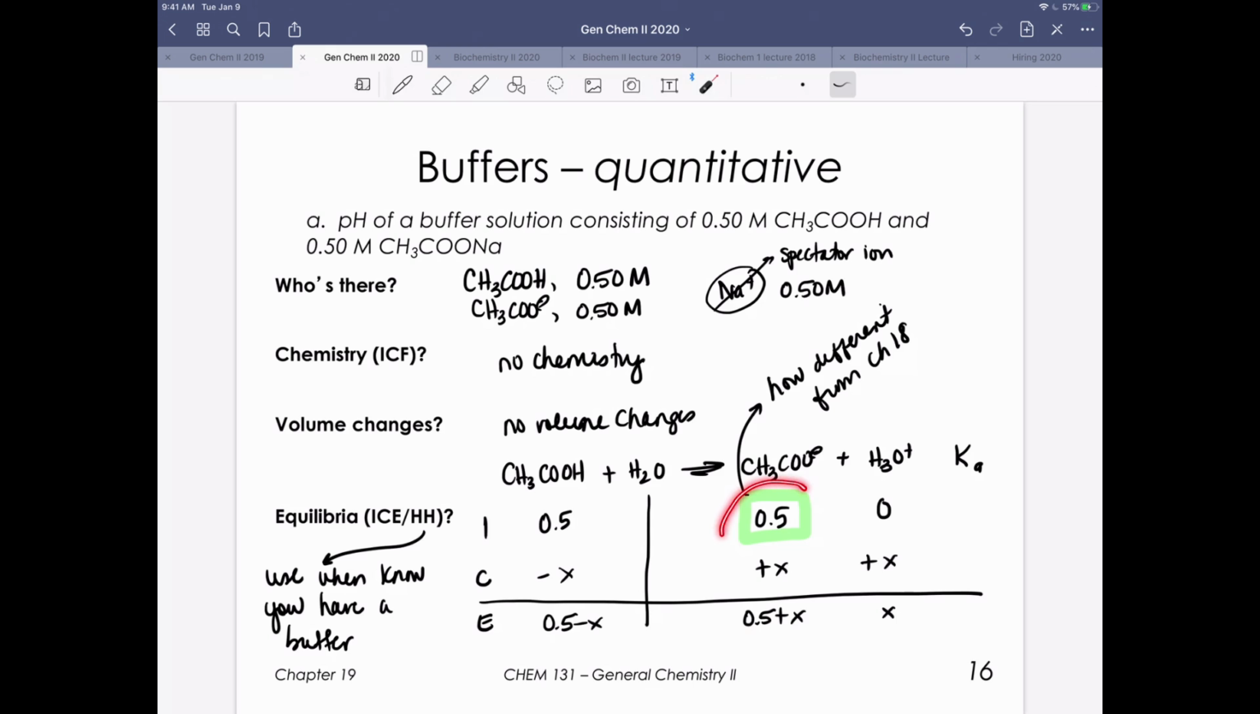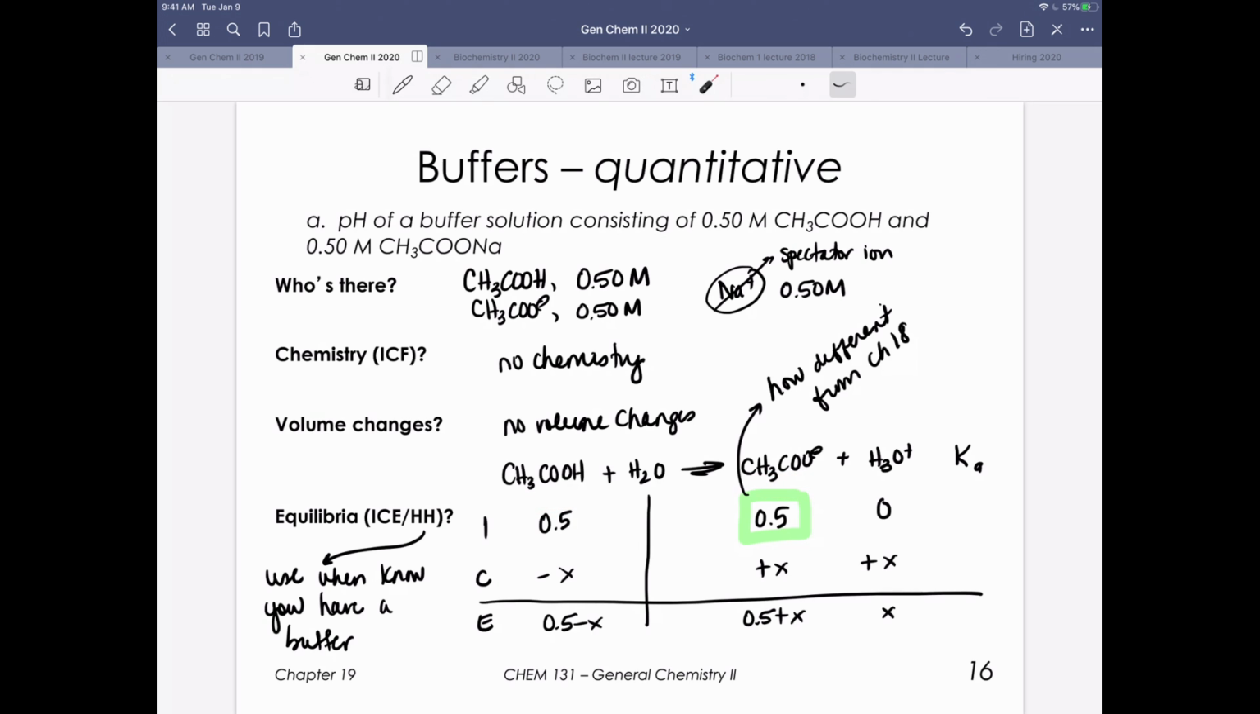Now this is the one piece that's different from what we did in chapter 18. In chapter 18, you might have only seen a problem that said, what's the pH of a 0.5 molar acetic acid solution? Or a 0.5 molar sodium acetate solution, not a solution that contained both of them. So this is a piece that's new, and don't get tripped up by this. Don't put a 0 in here because it's not 0. They tell us that we start by having that amount of both of these chemicals, 0.5 molar,